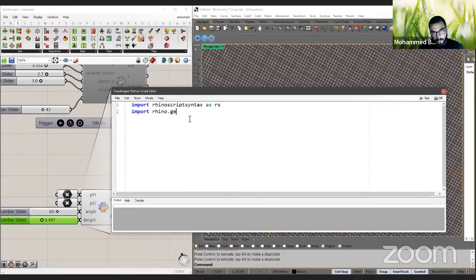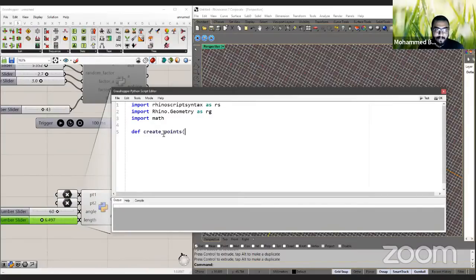Rhino dot, okay. Okay, so, and we want to import math again, the math library, and we want to define something, create